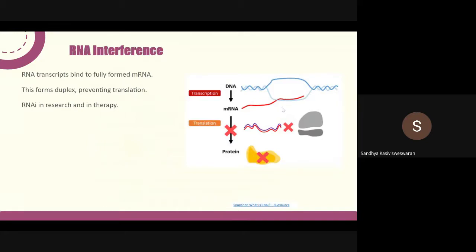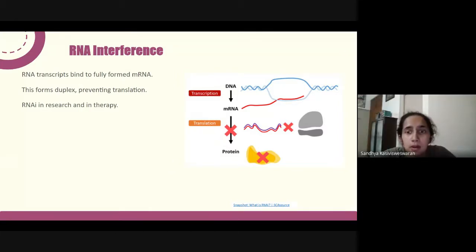Like I said, you have mRNA, which is in red, and non-coding RNA, which is this purple, and the non-coding RNA binds to the mRNA. They form a duplex, which is bound together. That's two different kinds of RNA together. Because it's two strands, it cannot be read by a ribosome, so it cannot form proteins. Ribosomes, as you will remember, are the organelles responsible for forming proteins based on an mRNA template. If it's two strands, it cannot interact with your ribosome, and so you don't get protein. But the inhibition doesn't stop there.